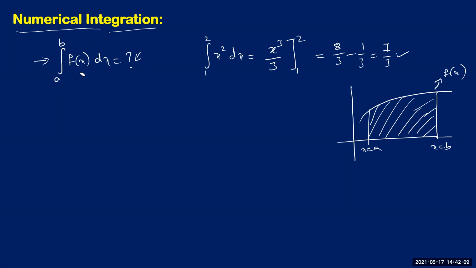But when the function is non-integrable, when it is too complex, for example, if you take the function e to the power of minus x square, and you want to integrate this between, let us say, 1 and 2, how can you calculate this? When you have only e to the power of x, certainly you can evaluate it. But when you have e to the power of minus x square, no method we have learned so far can solve this, right? With the analytical methods we discussed till now, we cannot evaluate this definite integral.